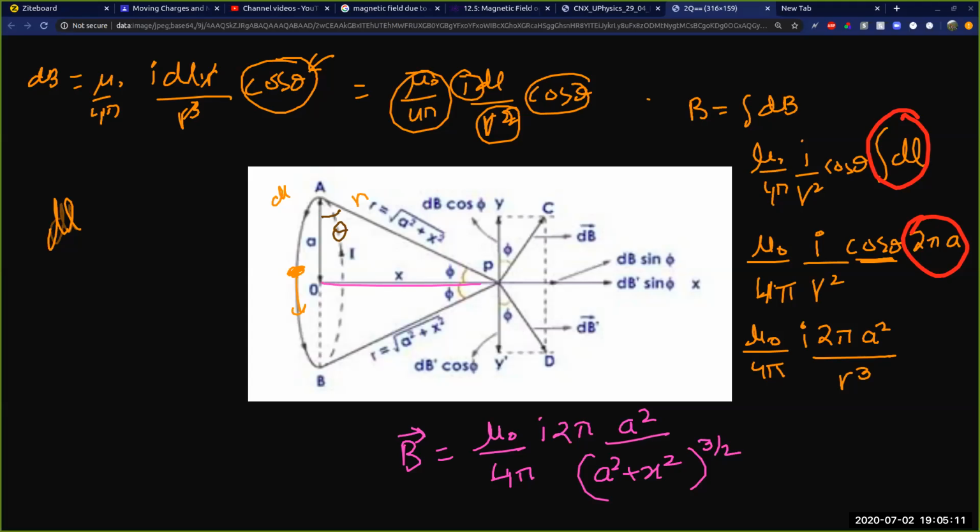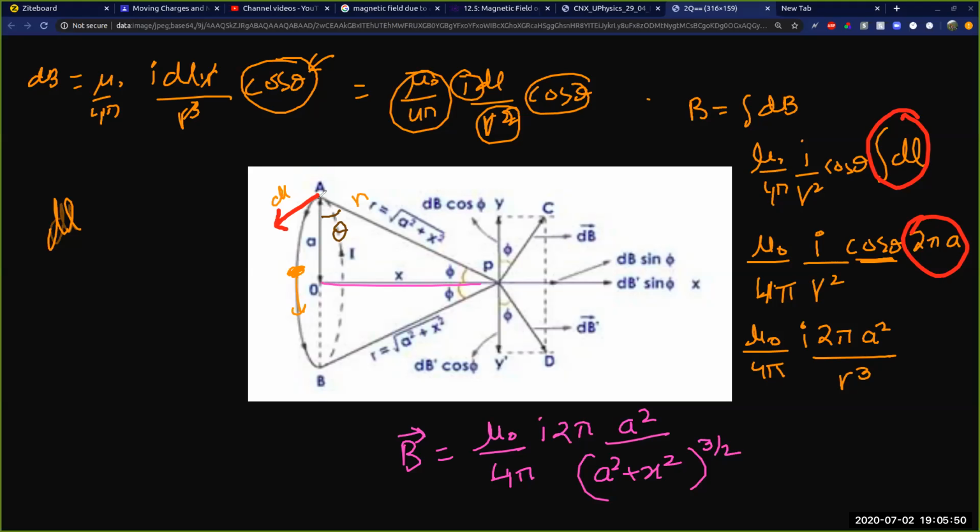Janet, did you understand why the cos theta came into play, and how the derivation went on, starting from the Biot-Savart law? Yeah, kind of. I'll have to go and relook into stuff because I'm not very familiar with the chapter, but I'll do that and come back later with questions. Okay, I hope you come with a lot of questions.